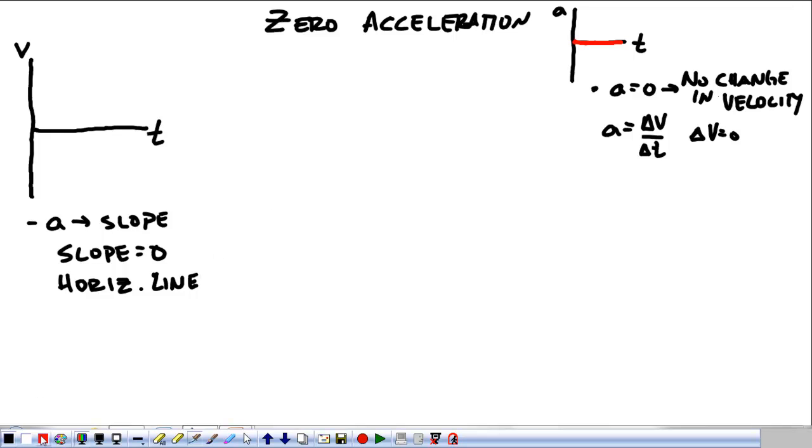If the slope of my line is 0, that means I have a horizontal line, which means velocity versus time could look like this, where I have a constant positive velocity. That's one possibility. Or I could have constant negative velocity, or I could have 0 velocity. We'll call that 1, we'll call that 2, and we'll call that 3. Those are the possibilities that I could have for velocity. So what we're going to do is look at how those look on position